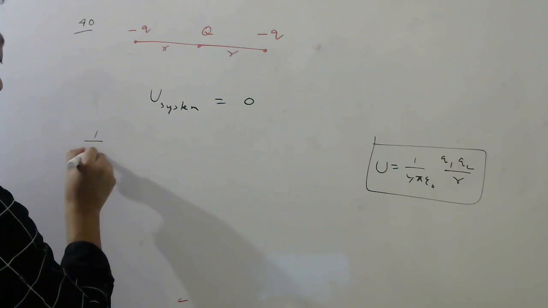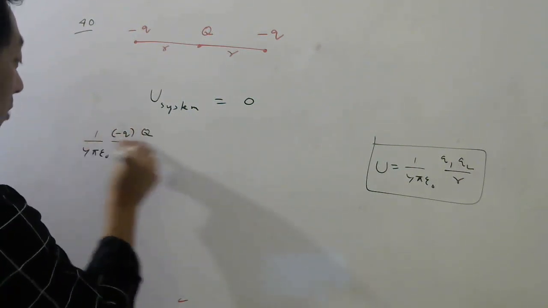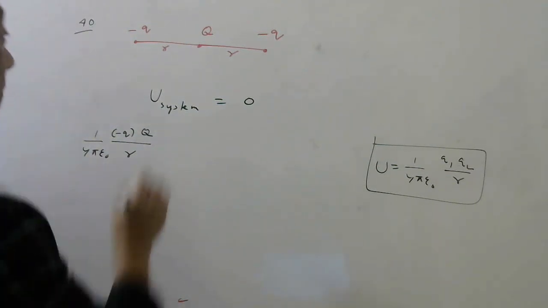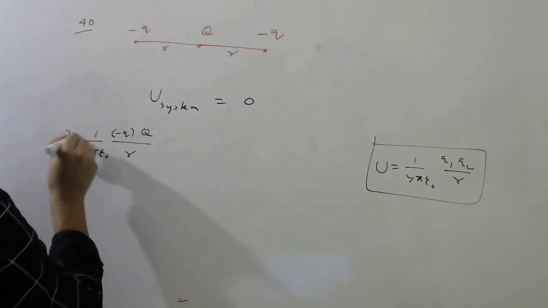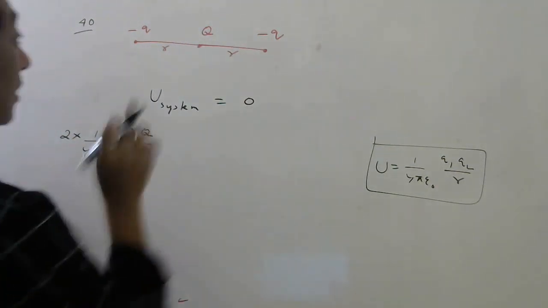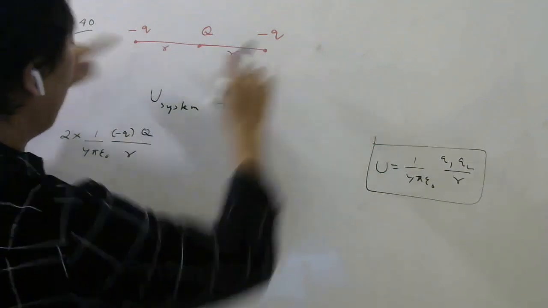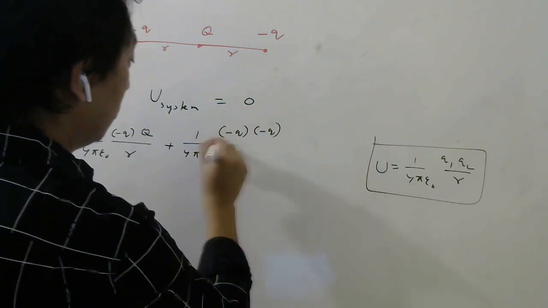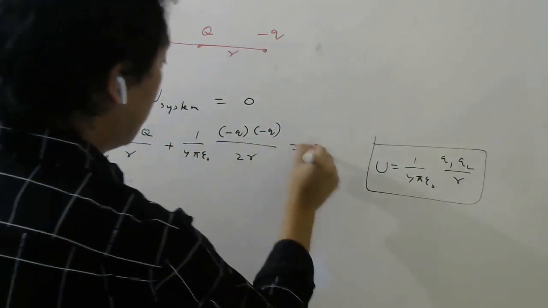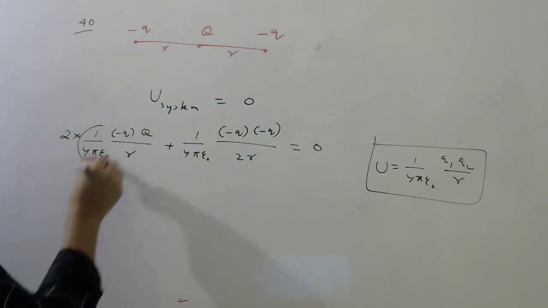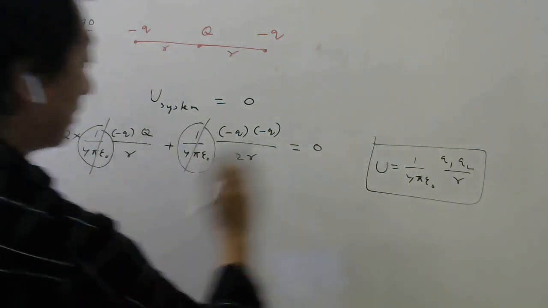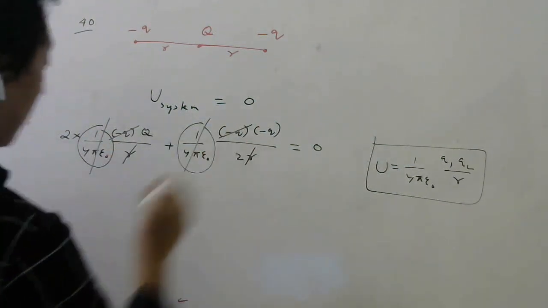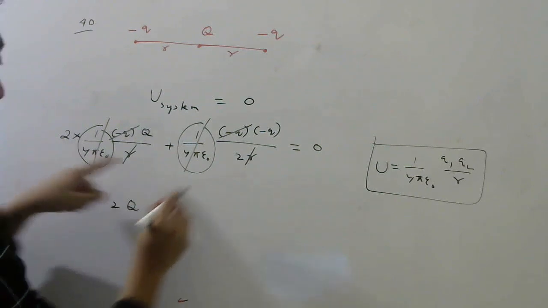So the potential energy of this pair will be 1 by 4 pi epsilon naught minus q capital Q by this r. See, they are scalar quantities, so if they are negative, you have to include the negative sign. This pair will be the same, so I can write 2 into that. Then which pair is left? This pair also, so plus 1 by 4 pi epsilon naught minus q by this distance 2r. That should be 0. So the 1 by 4 pi epsilon naught you can take that side and cancel. Minus small q also cancels. R also cancels. So what is left here? 2 capital Q, minus q I cancel.